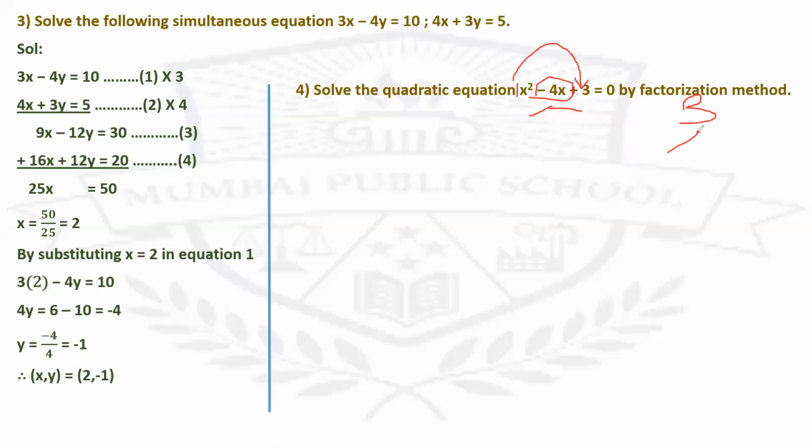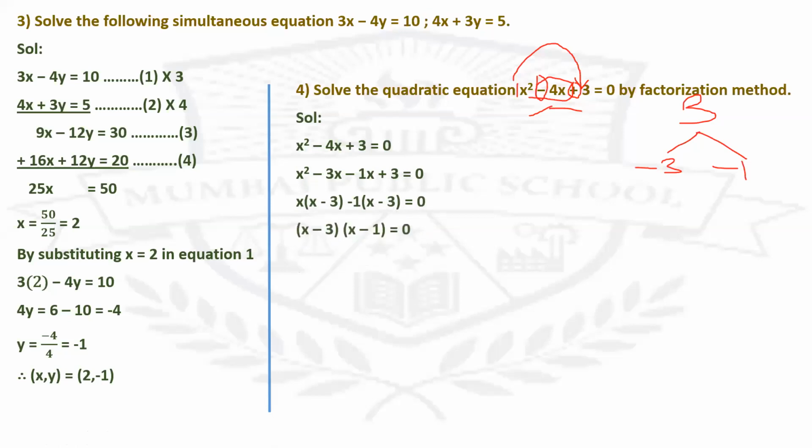So what are the factors of 3? 3 and 1. Now here, when your middle sign is negative and the last term is positive, that means both the factors you consider are negative. So x square minus 4x plus 3 equals 0 is written as x square minus 3x minus 1x plus 3 equals 0. So you'll get x into x minus 3 minus 1 into x minus 3